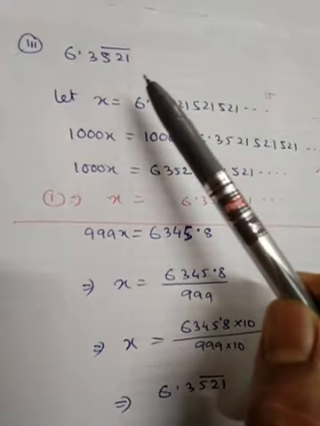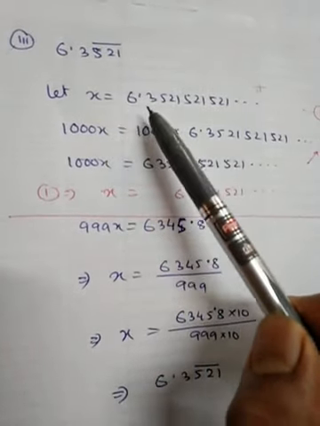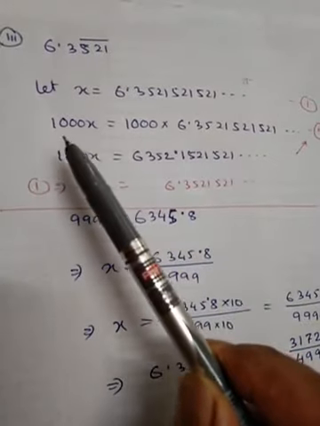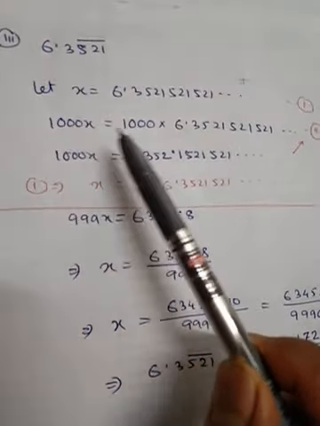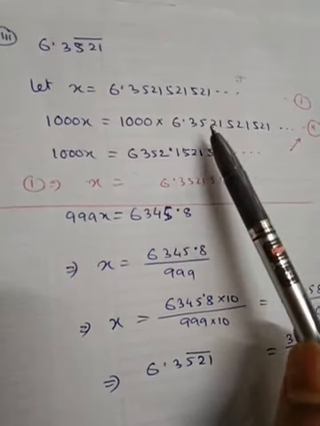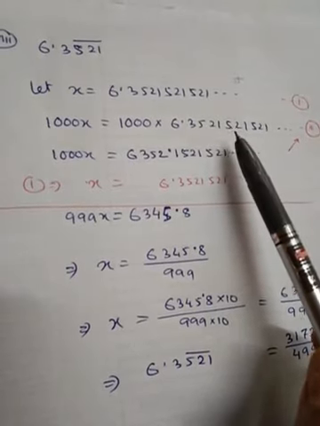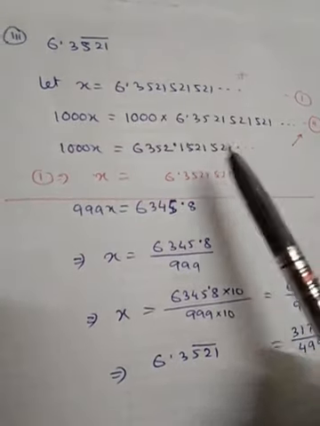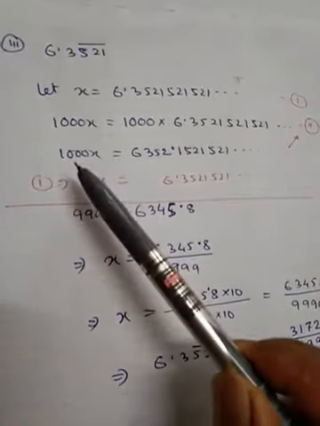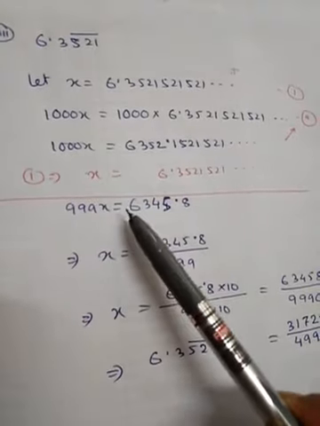Similarly, in the third example, three digits were repeating, and we have assumed this as x = 6.3521521... On both sides we have multiplied by 1000, and then the decimal will shift after three digits, so this will come: 1000x = 6352.152152 and so on. Then equation 1 we have written here again. Subtract: 1000x minus 1x is 999x, which is equal to